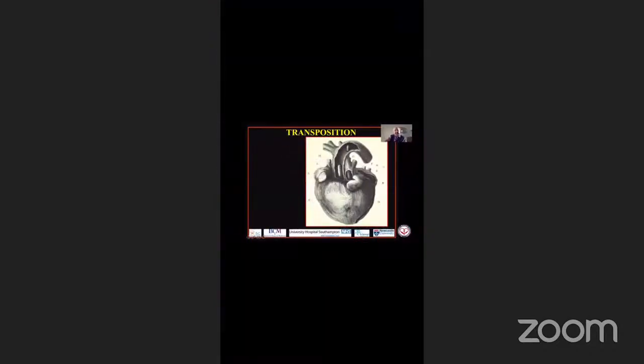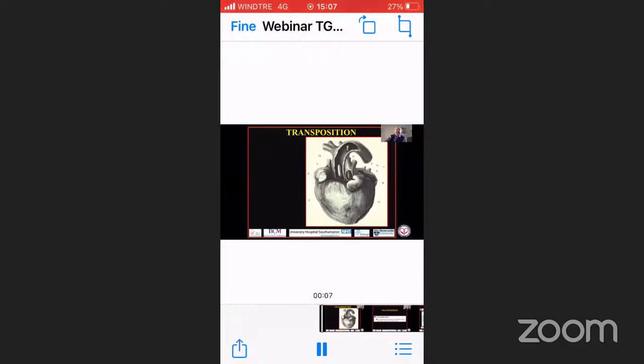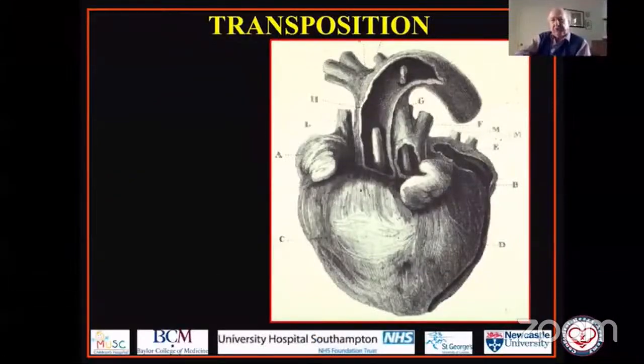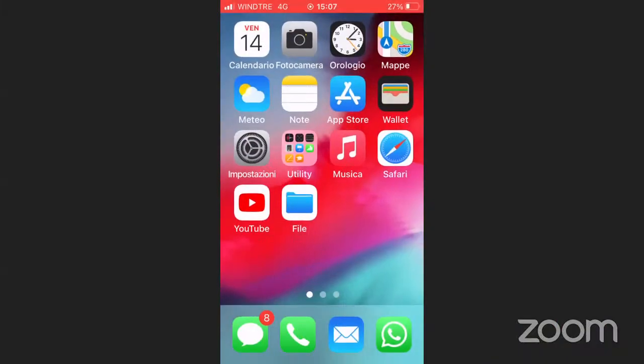Well, good afternoon to you all, ladies and gentlemen. I hope you recognize this picture. We showed it to you last week when we introduced our topic, which is transposition. You will remember